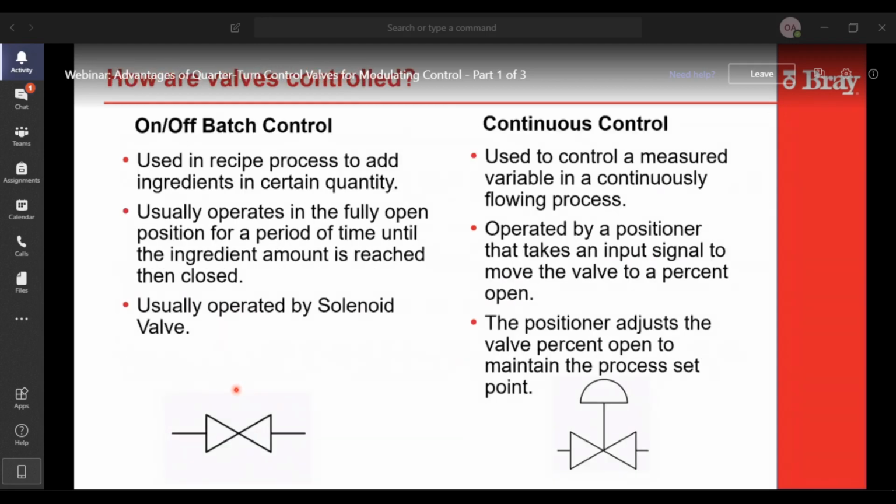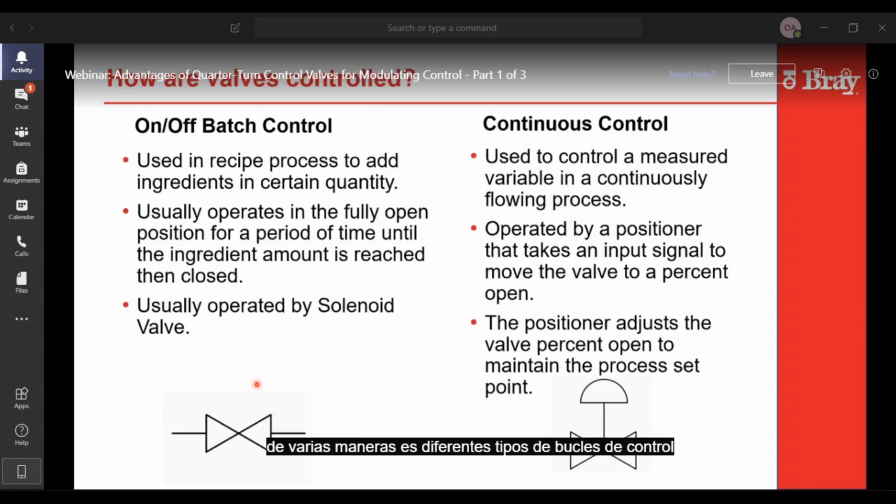And so valves are controlled in various ways. There are different types of control loops. There's what's called batch process control. So it's on-off valves typically. They just open and close based on whatever the process requires.